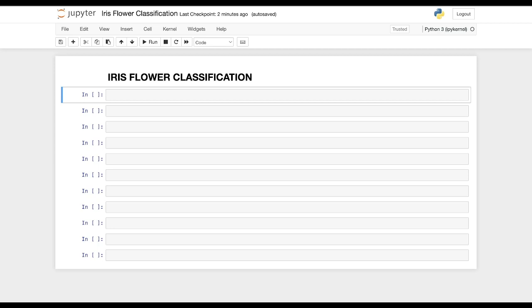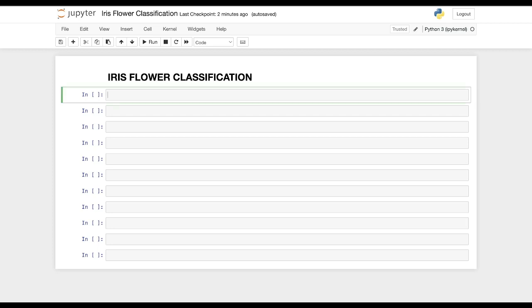Now, beginning with, the iris flower classification dataset can be downloaded from online sources like Kaggle. This dataset is also stored in built-in form in various libraries like Seaborn and sklearn, and we are going to import the iris flower dataset from the sklearn library itself. We aren't going to download the dataset from any online source.